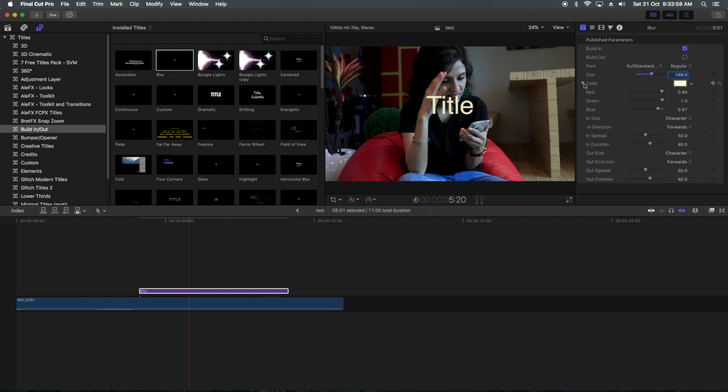There is another option. If I click, it's RGB, red, green and blue. It's not primary color, RGB are the colors of any clip.